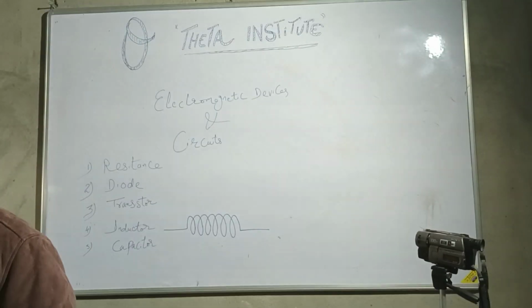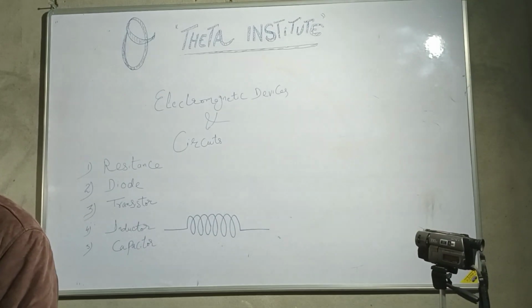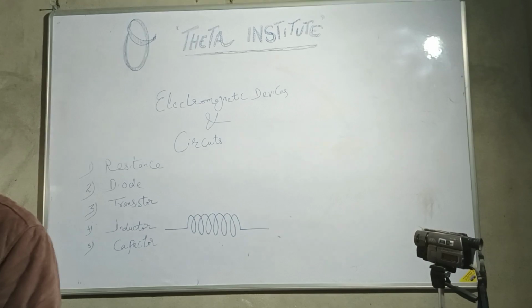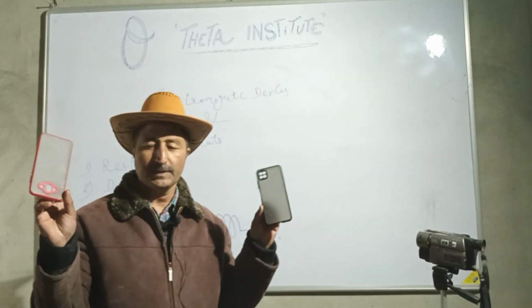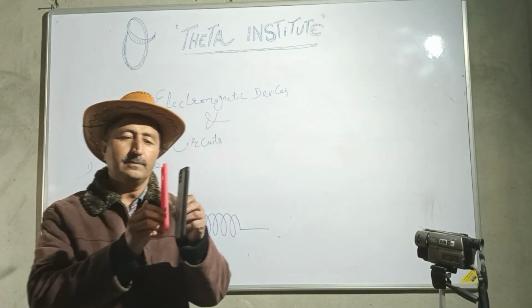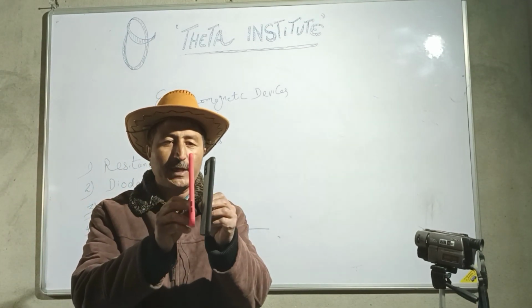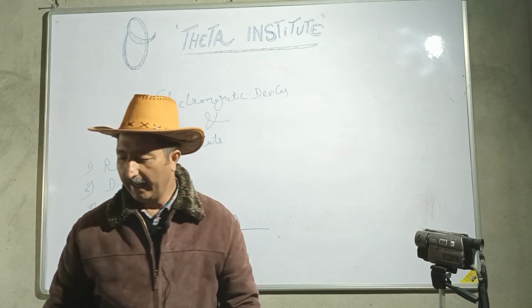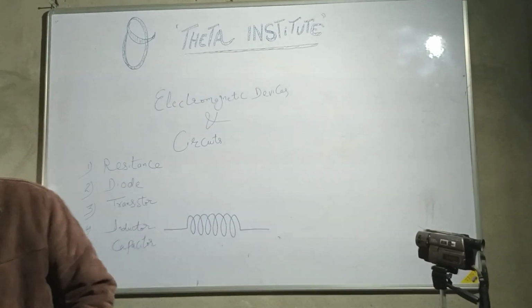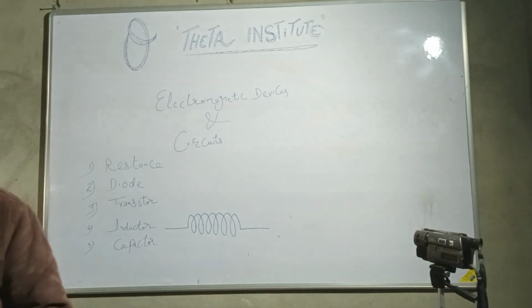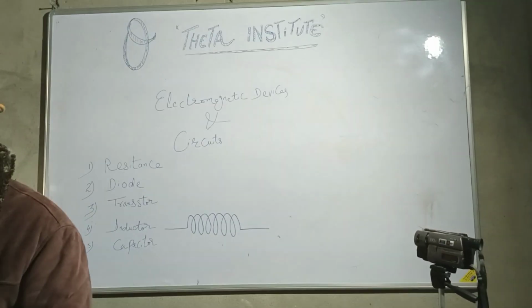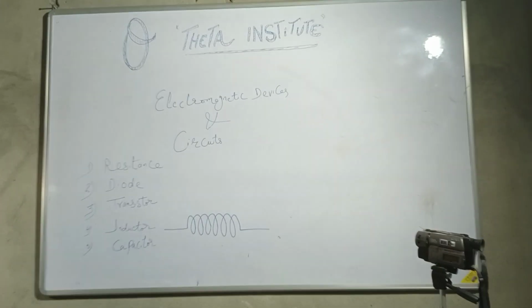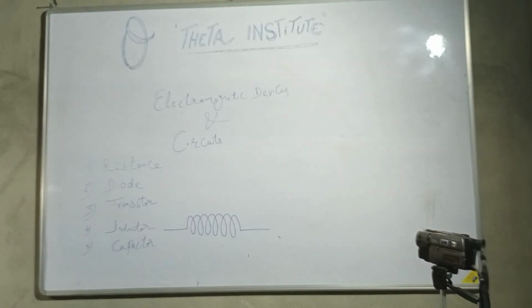For example, if these are two parallel plates, two parallel plate conductors, when they are brought near together and connected by two wires, two conductors,